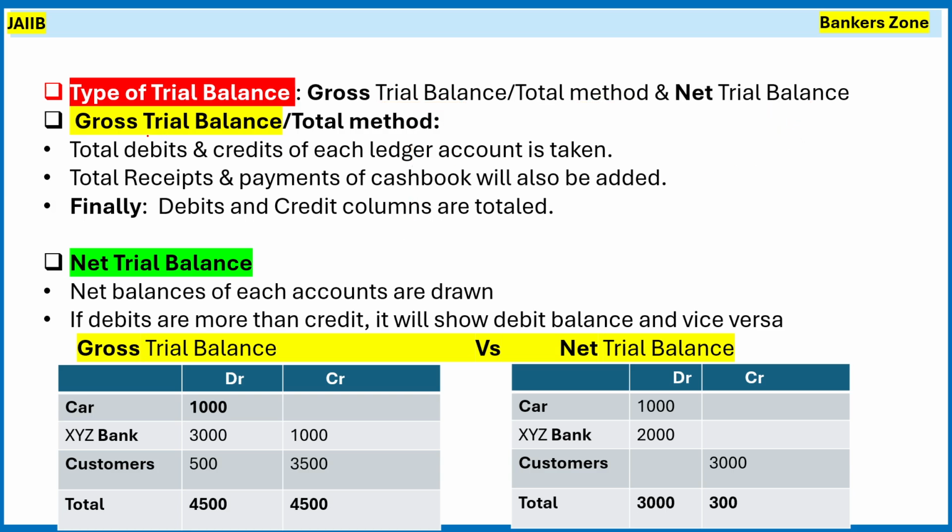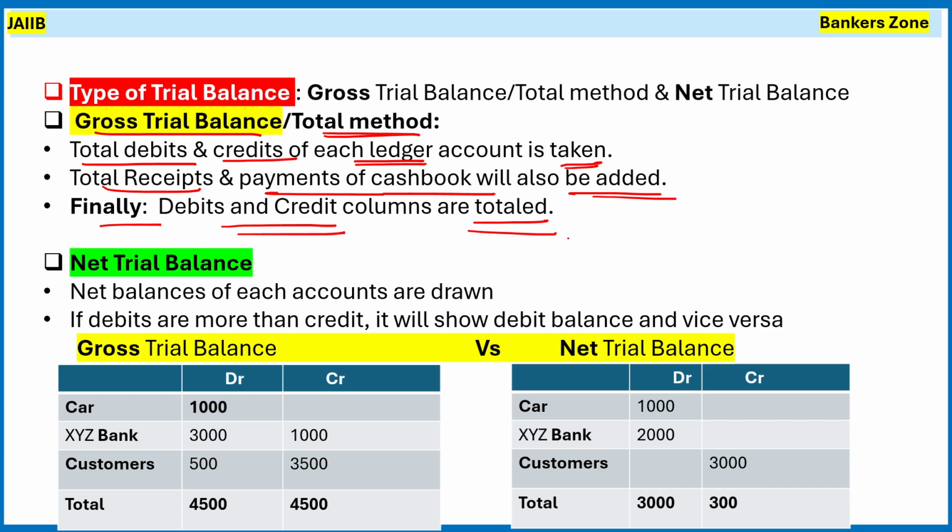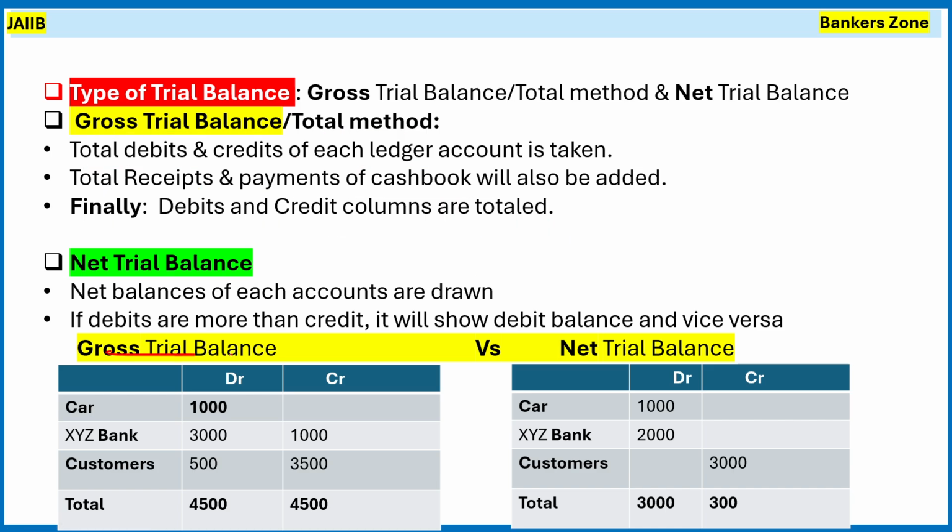Okay, first is the gross trial balance. What do you mean by gross trial balance or the total balance method? See, in that, the total debit and credit of each ledger is taken. The total receipts and payments of the cash book will be added, and finally the debit and credit columns we will total. Okay, so see here, in gross trial balance what we are doing,